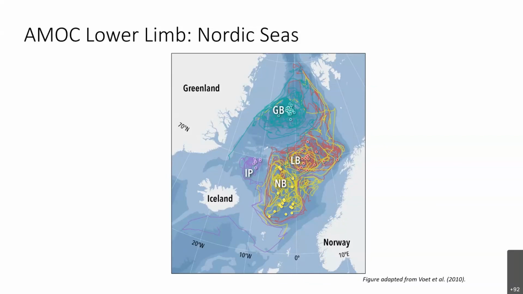And they found that in these gyres, there's something on the order of 15 sverdrups going around, which is pretty high, especially compared to the dense water, the cold and dense water, going over the sills, which is only on the order of about 5 or 6 sverdrups. So you've got this very vigorous circulation in the Nordic seas, but only a fraction of it actually leaks over the sills into the North Atlantic.